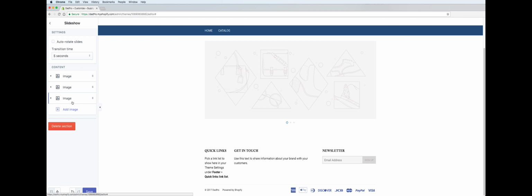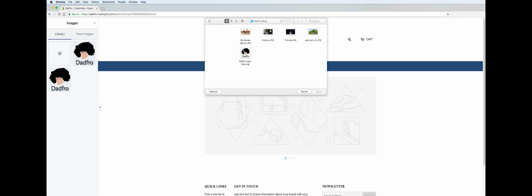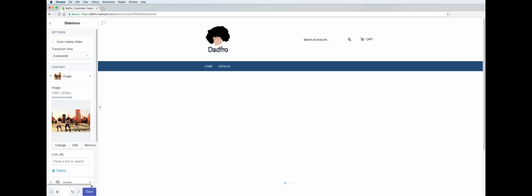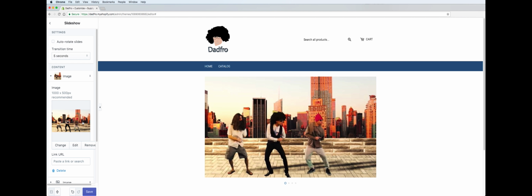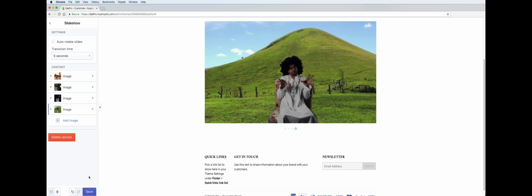And I'm going to use 4 images, so I'm just going to click here and add a 4th image. And the slideshow is going to show up right here in this section. So we have to choose select image right here. And now we're going to upload a couple of images, some entertaining images. So I'm going to fast forward through time here real quick, and we uploaded all 4 images,